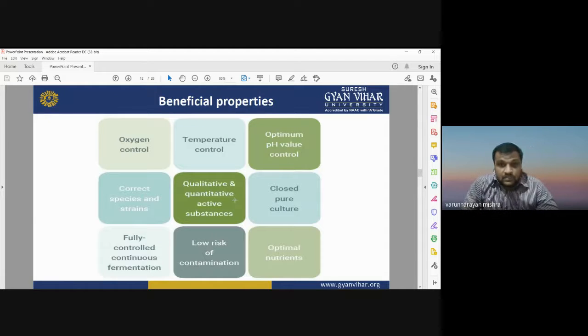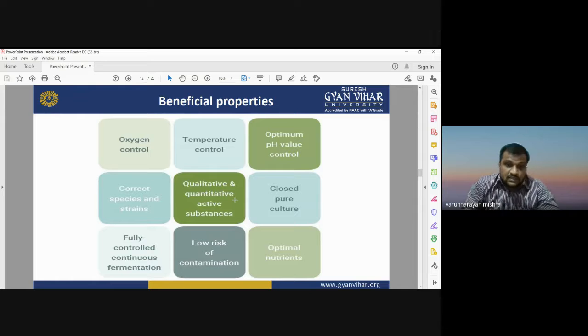Okay, so these are the beneficial properties of the fermentation process. These are the properties of any fermenter. It should have oxygen control and temperature control. There should be the optimum value of pH. Then the correct species and strains are required during the fermentation process. And we need to study the qualitative and quantitative active substances. Whatever substances we are using in the fermentation process, we need to study the qualitative and quantitative properties of